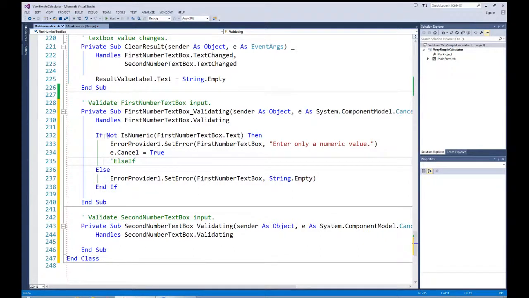If I do a series of if, else ifs, and cascade, each time a test occurs that I want to examine, I'm going to set the ErrorProvider message to whatever I'm testing for, and the cancel. A series of else ifs occurs. So I cascade through all my tests, and if I pass through all those tests successfully and they're not true, then I'm going to turn off the ErrorProvider message by placing a string empty into the ErrorProvider set error argument